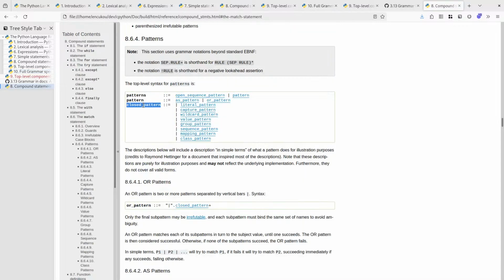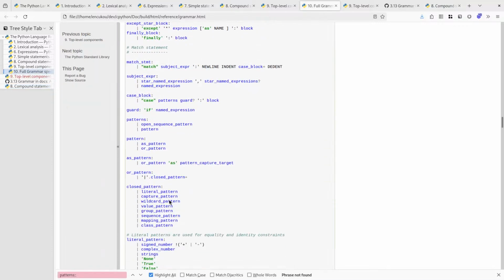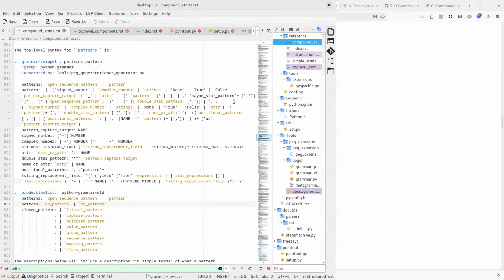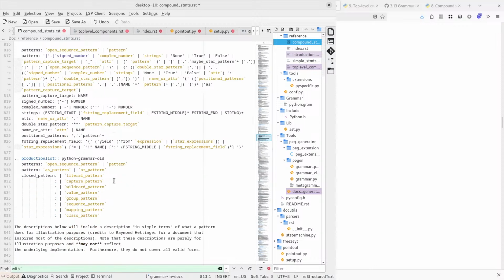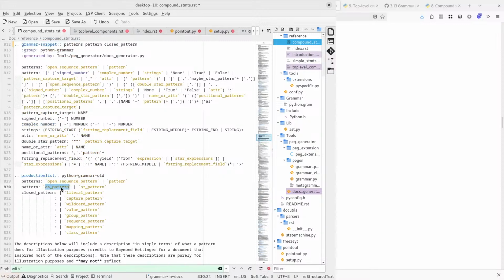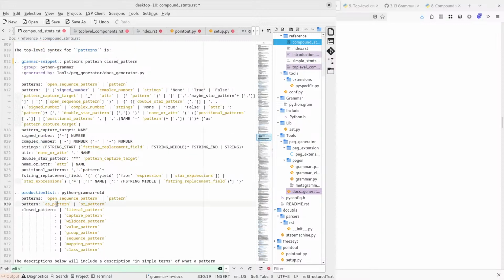So this documents closed pattern, but doesn't really. Oh, or pattern is then documented as closed pattern. Okay, is it the same thing here? Yes. Okay, so the match statement is quite new, so I guess the docs still match what the actual grammar is. Right, so we can add these as pattern and or pattern to our top level rules,